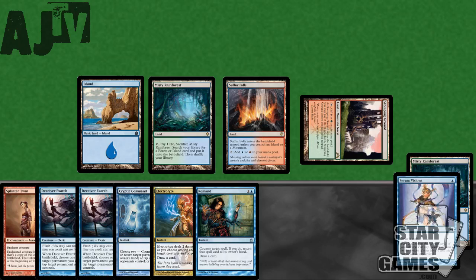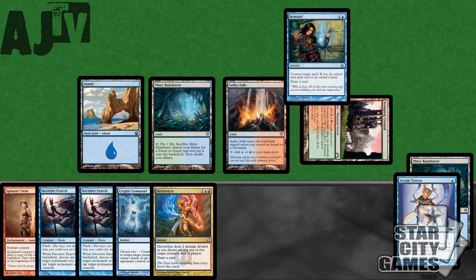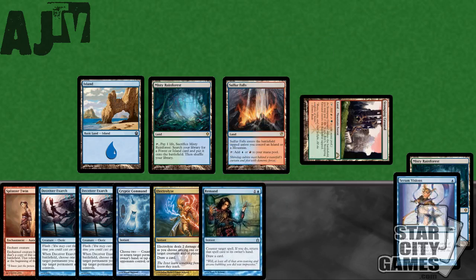And with the Stomping Ground coming into play tapped, you can no longer Cryptic Command. So all Anssi can do is use Remand, which he doesn't want to have to use because Remand is going to be pretty good later on. He ends up having to use Remand, and it gets Spell Snared, which is really awkward because it means that the Cryptic Command would have gone through. Now,